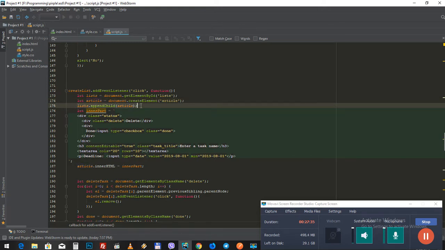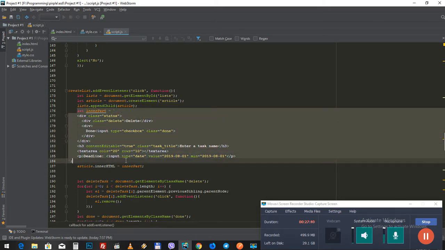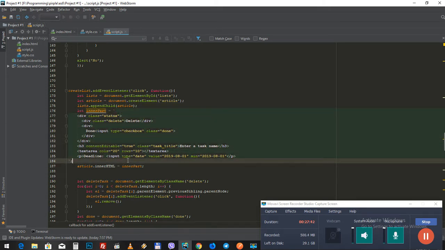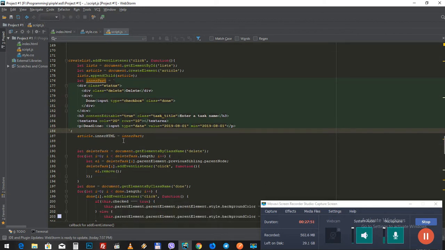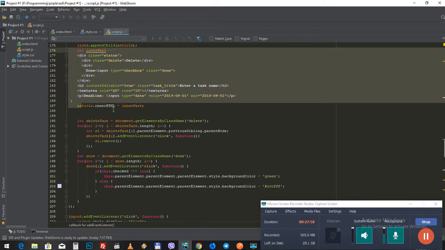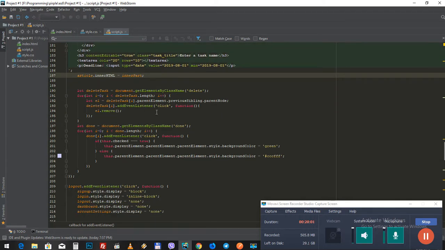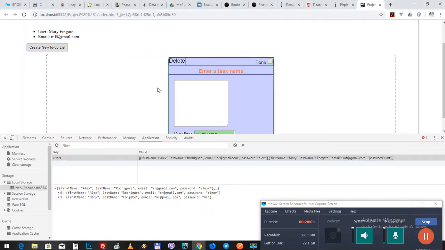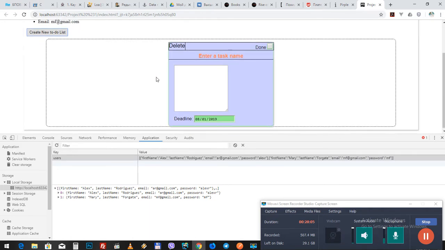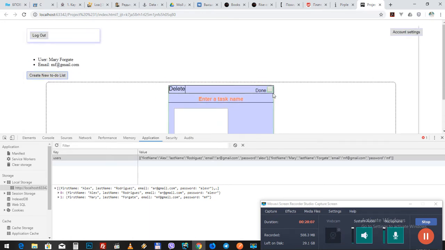I append it to the article, and of course all tasks, all task, I would say body, I created using template literals here, and I add all this to the inner HTML of article. Let's see. Well, as I said, as I made here, there is a button delete, there is a button done,